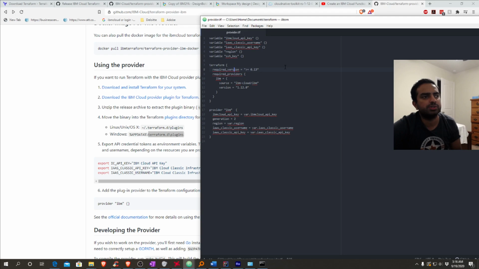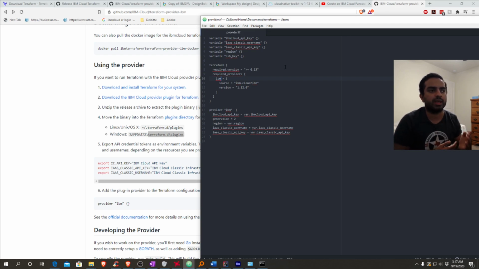You don't necessarily need required version, but I recommend it because 0.13 is where significant changes in the HashiCorp configuration language have taken place, and so it's not recommended to use the latest version with an older version, or older syntax with the latest version of Terraform, because there might be some incompatibilities. So you want to do required_version equals open quote greater than or equal to 0.13, which is the latest version of Terraform. Then you want to do required_providers, open curly braces, and you want to then